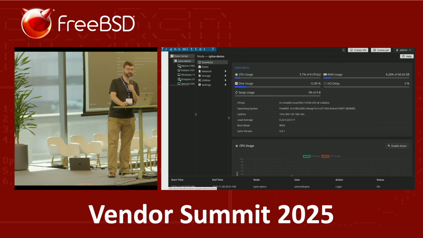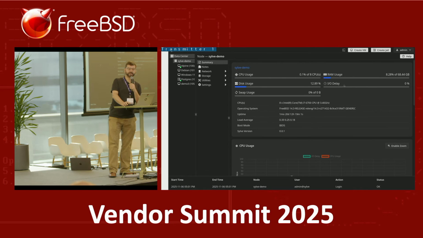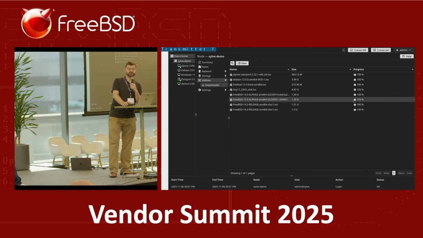And so we will, let me just get my notes over here. So this is the status of the current host machine. Is that correct? Like your laptop? So this is running on a rented host at Hetzner. And it's an 8-core machine, I believe. And so it has a lot of nice affordances built in this utilities menu here. It's got a little tool that will download ISO images and store them locally for creating new VMs. So I fetched 14.3